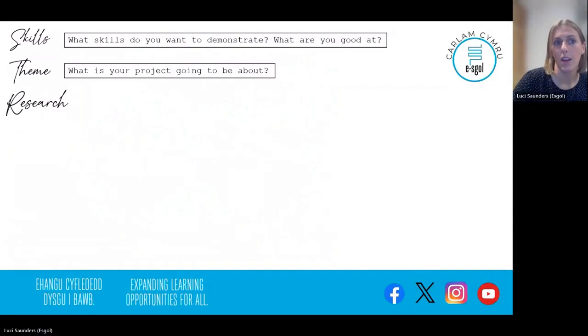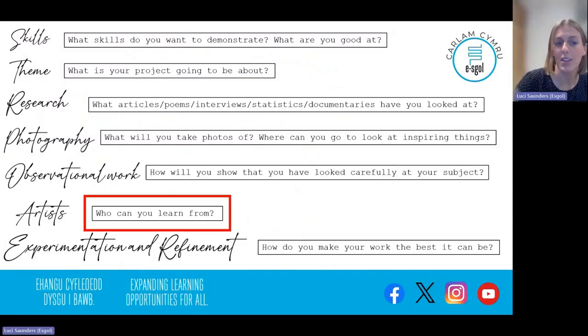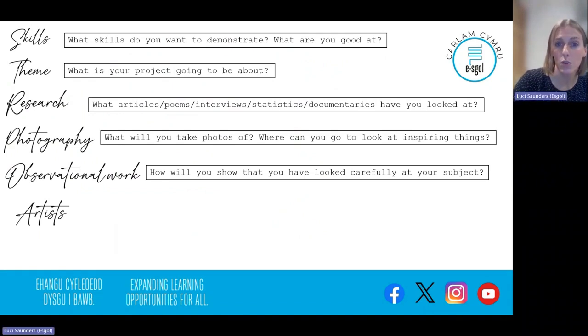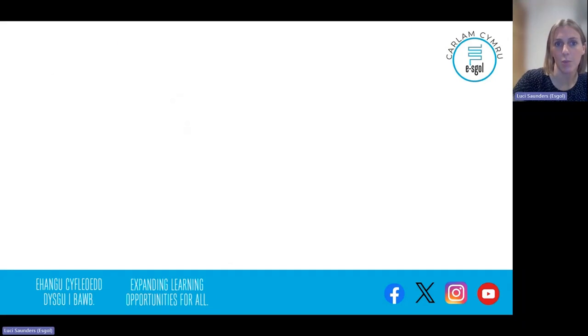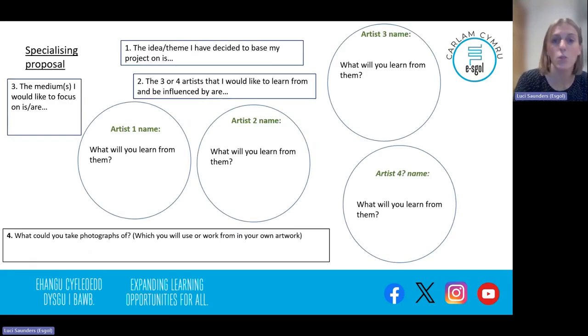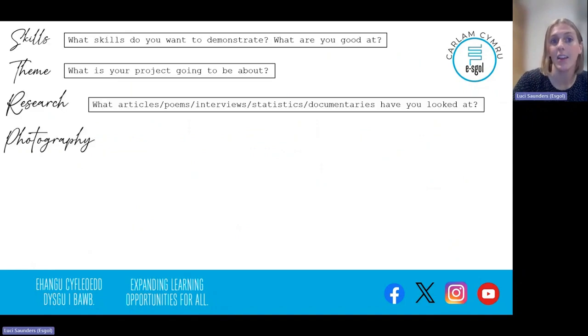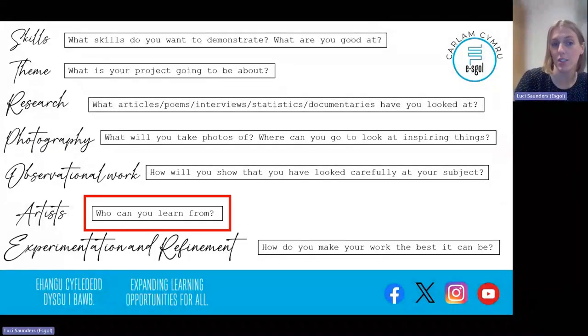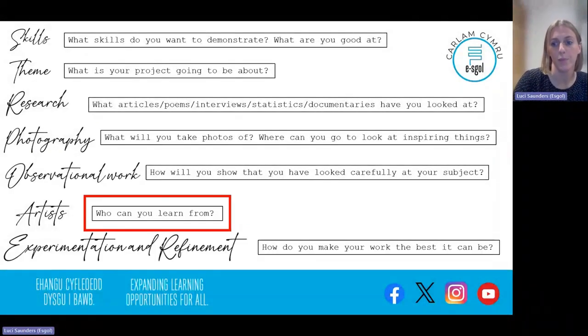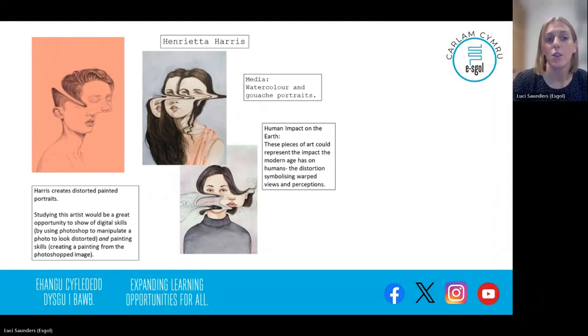So thinking back to these questions, the next thing we need to think about is who you can learn from. Just to nip back to the project proposal page, this is all still trying to populate this. You might make your initial ideas board or your mind map, do a bit of research, come back again, see if it all makes sense, and then think about how you're answering these questions and who you can learn from. So you might